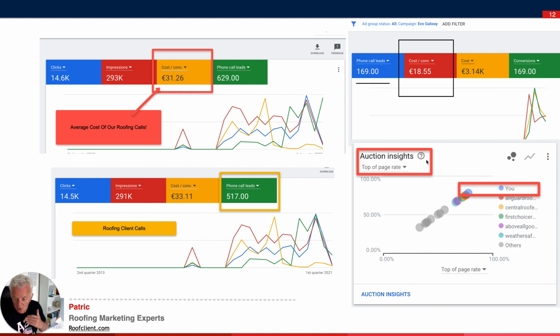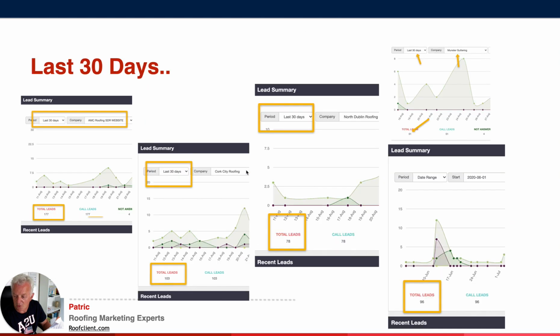Now those were all on Adwords, and those are the average cost per campaign. This is just to give you an idea as to the sort of numbers we do and what we can do, so we know what we're talking about. Here are slide captures of the campaigns for individual roofers running at the particular time this slide was taken. So these are average numbers for the last 30 days per campaign running.